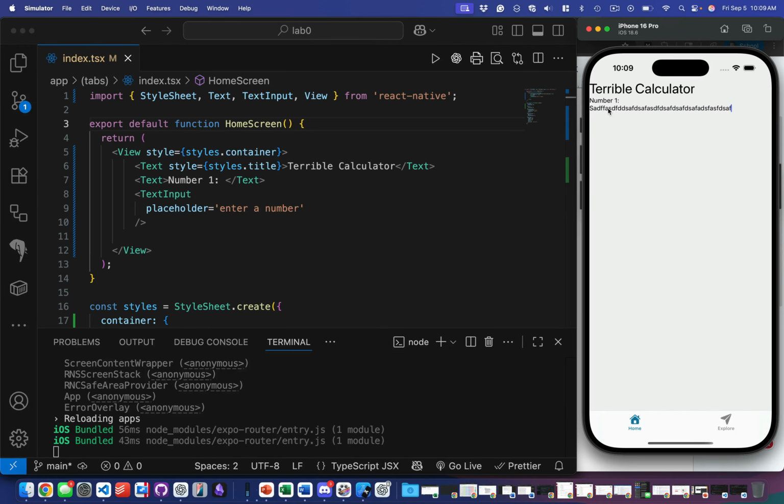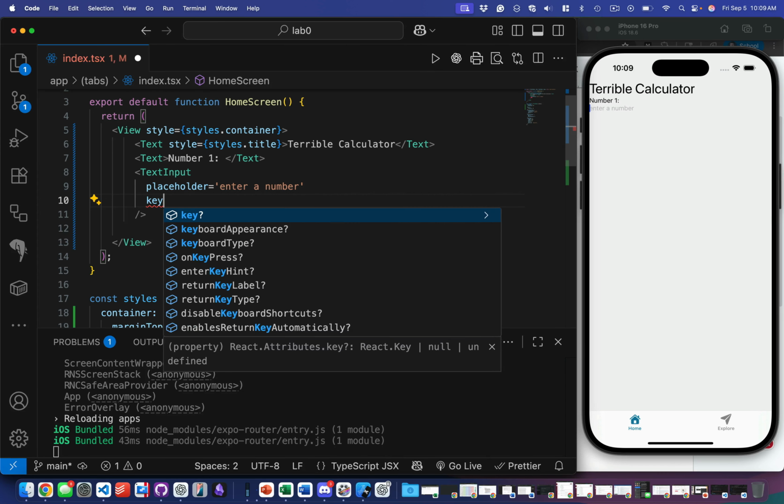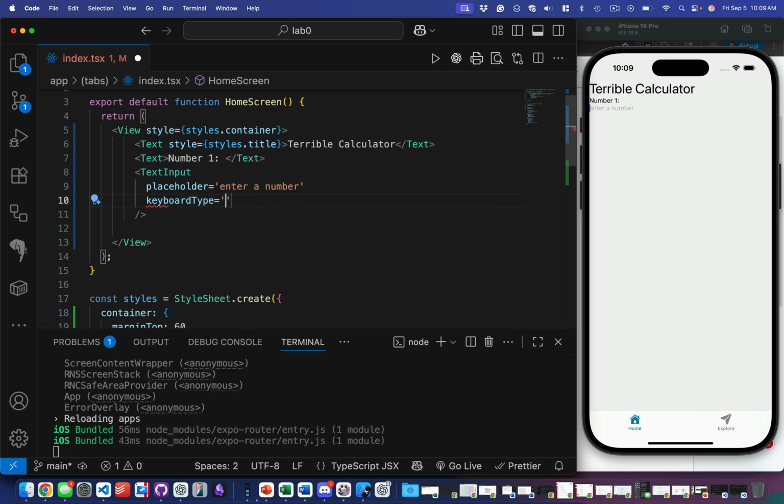I can enter text. So this text input is like an input type equals text for the web. I can, of course, style this. And there's several other things here that I can set. So I've set the placeholder. I can also change the keyboard type to be numeric. And I believe now when I tap over here,